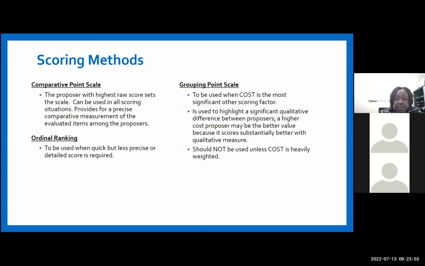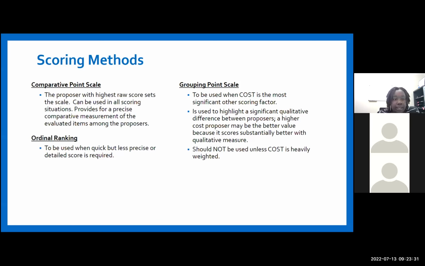Comparative point scale. This scoring method uses the proposal with the highest raw score, and they set the scale. Can be used in all scoring situations. Provides for a precise comparative measurement of the evaluated items amongst the proposals. So with the comparative point scale, the highest score sets the scale for each section, for each evaluation factor, not for the overall